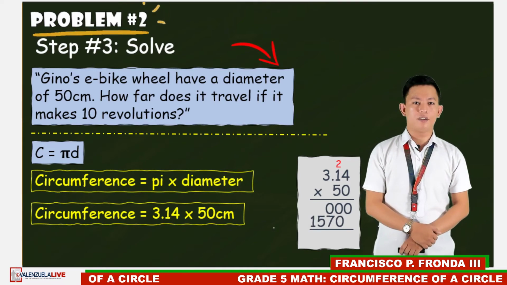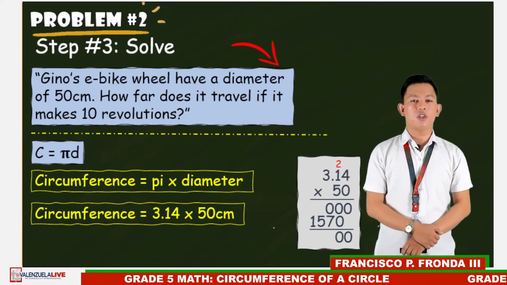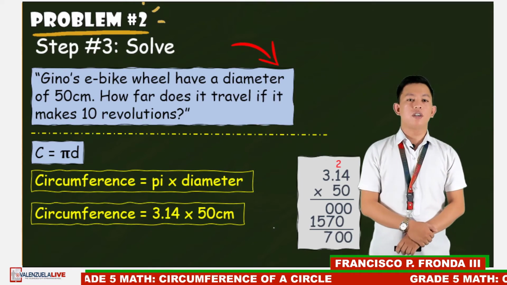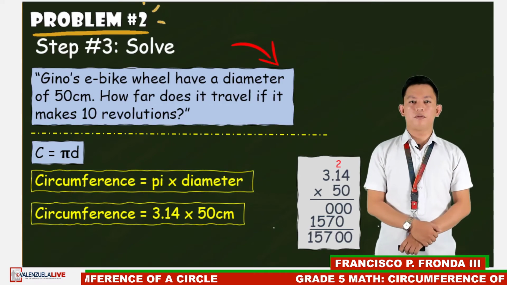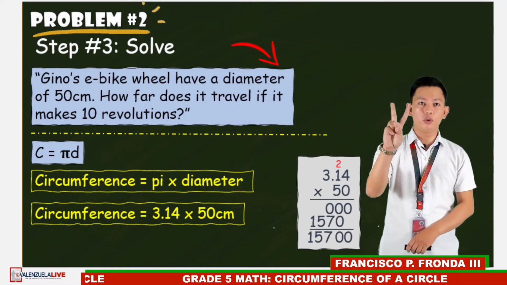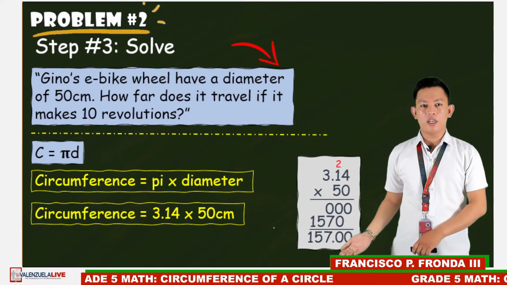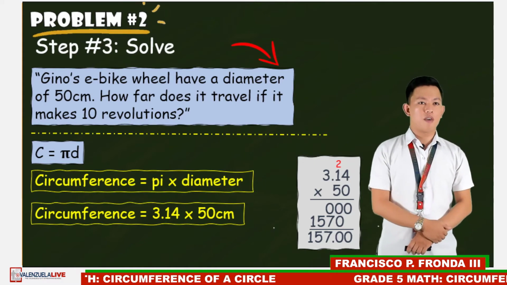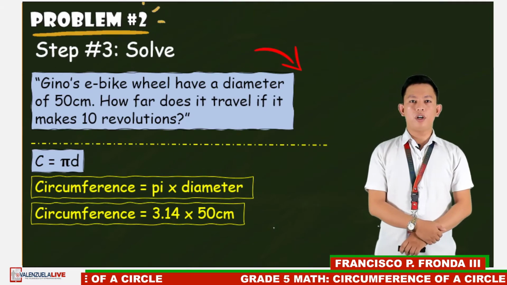And then add. Bring down 0. 0 plus 0 is 0. 0 plus 7, the answer is 7. Then bring down 5 and bring down 1. Then how many decimal places do we have? We have 2 decimal places. So we're going to place the decimal point between 7 and 0. Okay? Therefore,